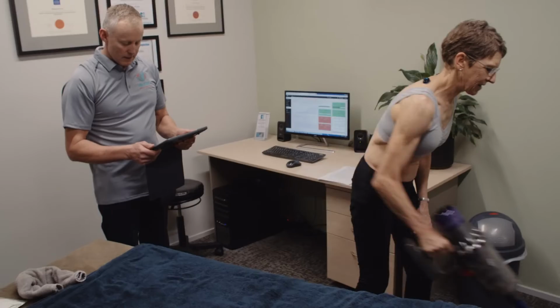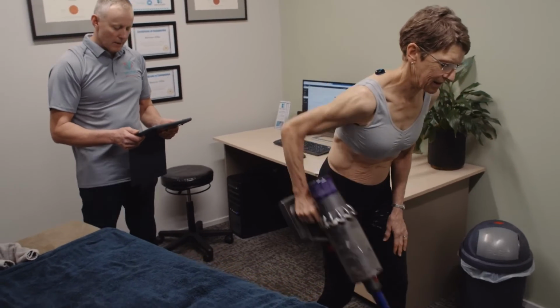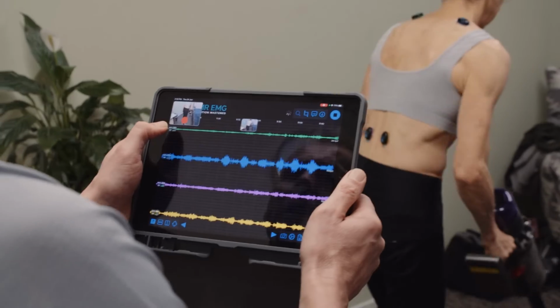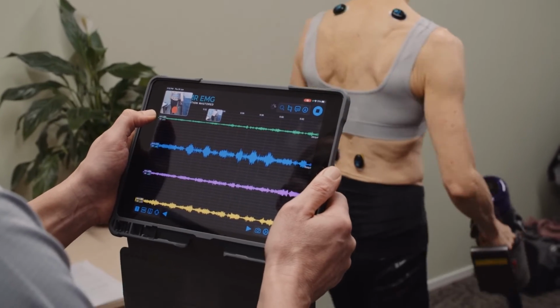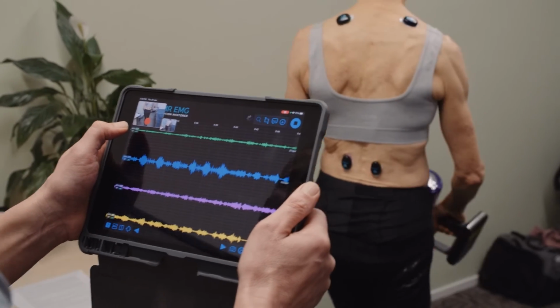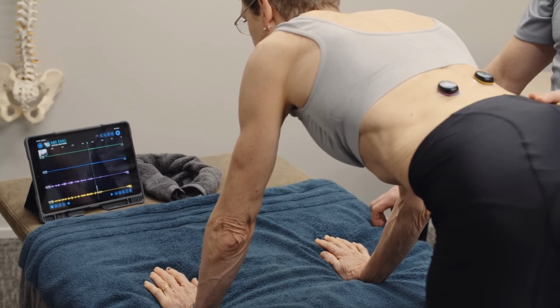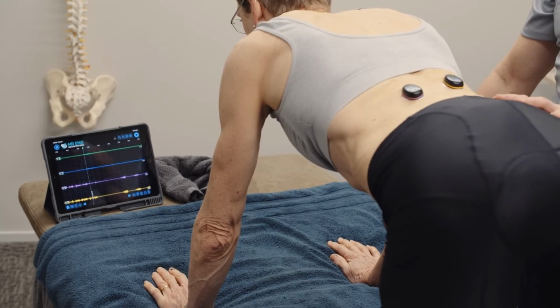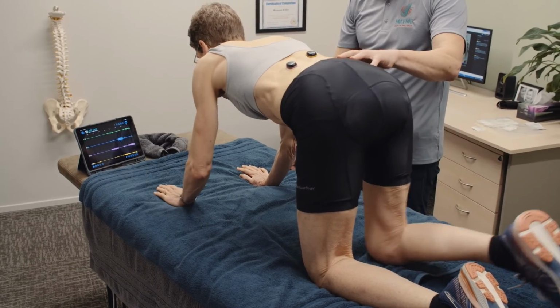Now assess the upper trapezius and lumbar paraspinal muscle activity performing daily activities most suited to your subject. For example, we will evaluate this subject's muscle activity vacuuming. We will now test our subject's muscle engagement using the following exercises, starting with pelvic rocking, now bird dogs, and